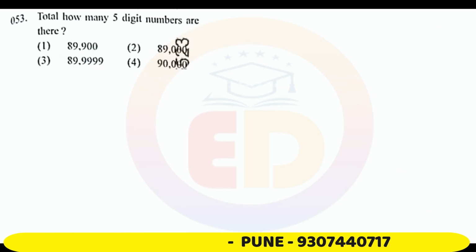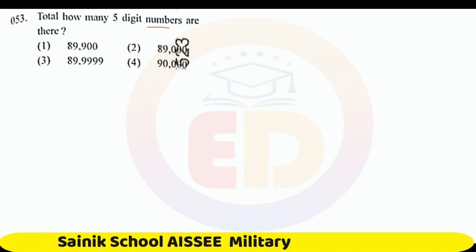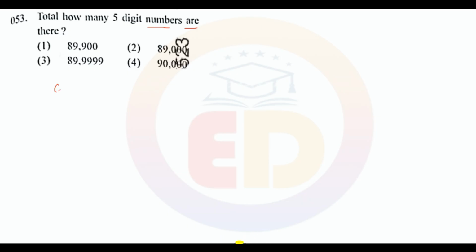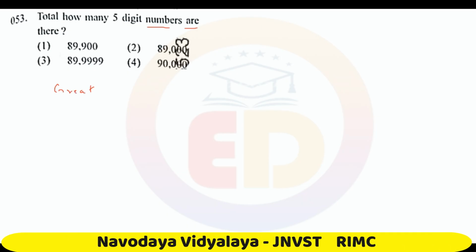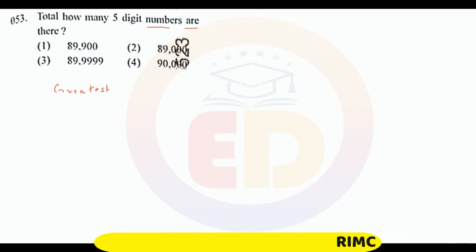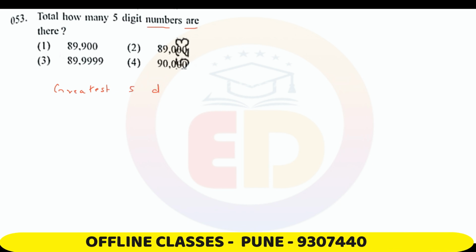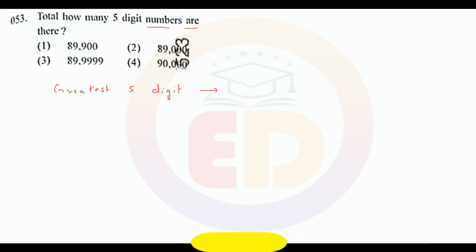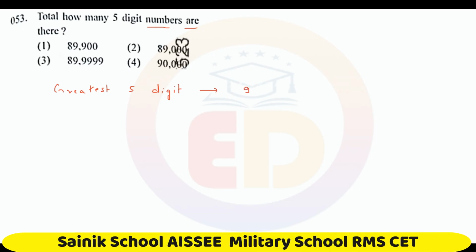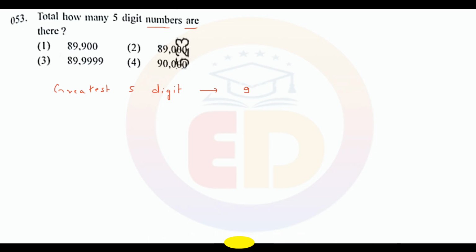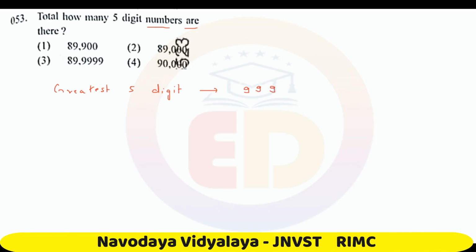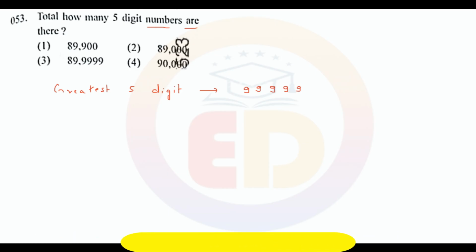Question number 53. How many 5-digit numbers are there? Now for solving this question, you take the greatest 5-digit number. Now the greatest 5-digit number, or any greatest digit number, will start with 9, and since it is a 5-digit number, you write 9 five times. It will be 99,999. And then you take the smallest 5-digit number,